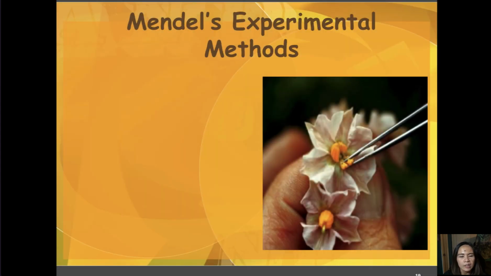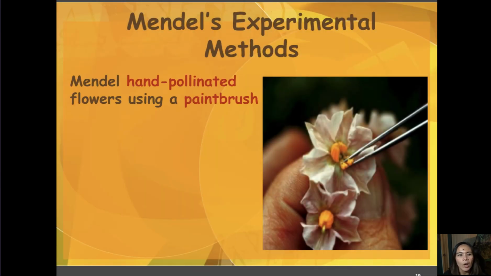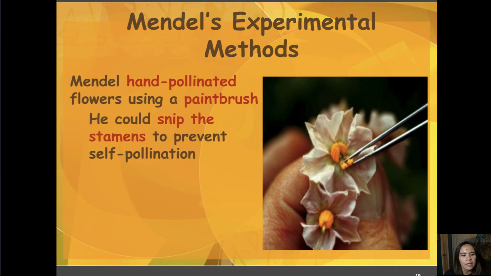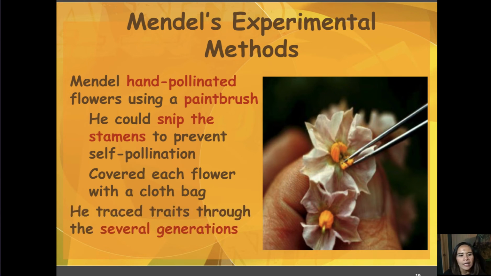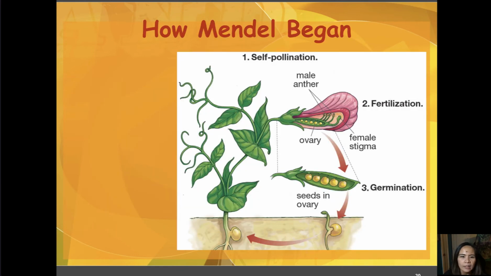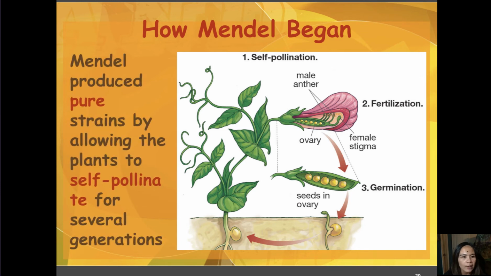So in his methods, Mendel hand-pollinated flowers using a paintbrush, and he could snip the stamen to prevent self-pollination and covered each flower with a cloth bag. And then he traced traits through several generations. So this is basically what he did in his experiment. And then Mendel produced pure strains by allowing plants to self-pollinate